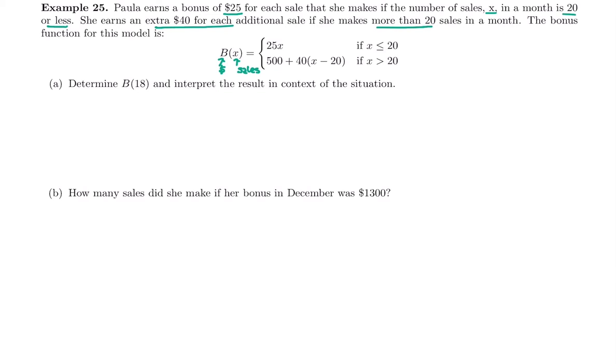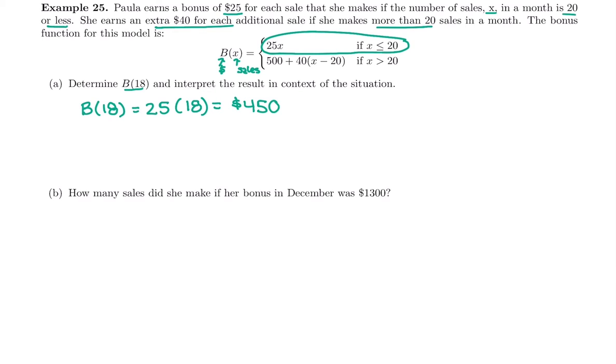So the first piece says, what is B of 18? What's her bonus if her sales are at 18? So we're going to do B of 18, and we need to know which part to plug into. It's going to be this top piece of the piecewise function because 18 is less than 20. So we're just going to do 25 and replace that X with an 18 to see what her bonus will be and interpret it. So her bonus is going to be $450